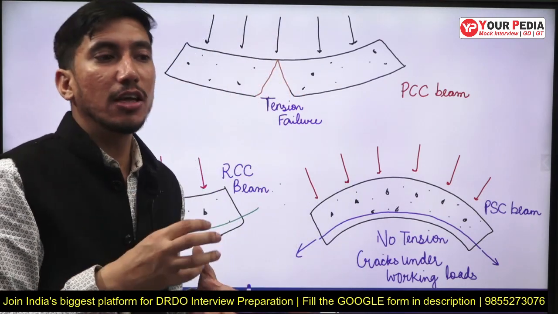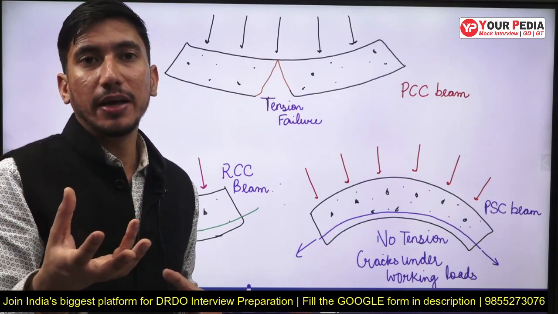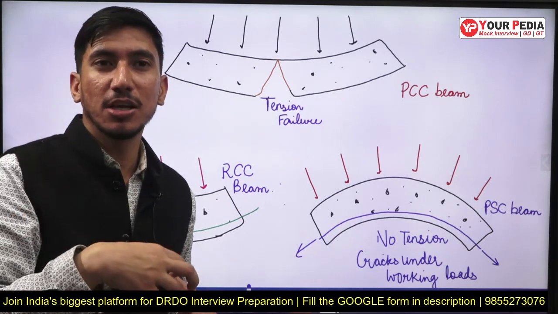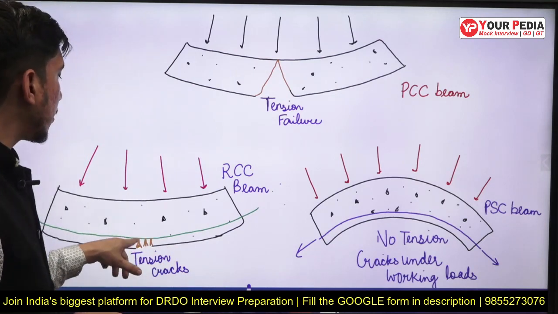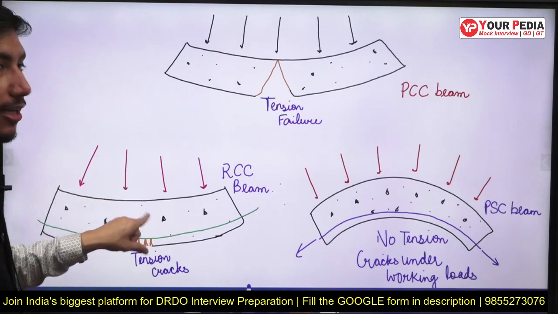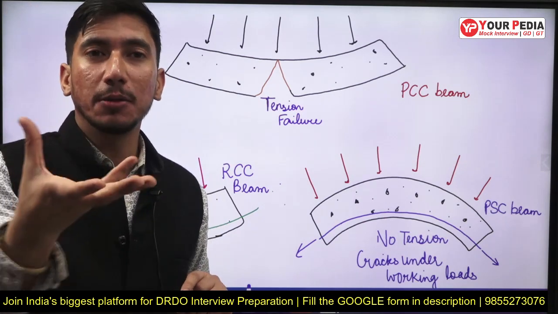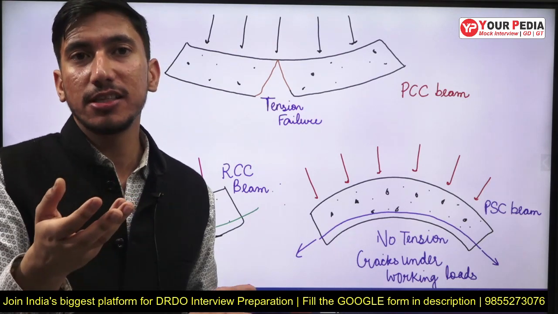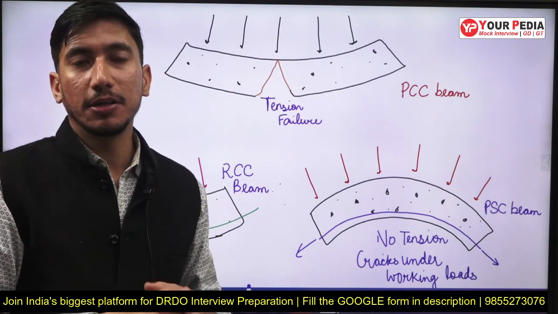But what happens when the load is dynamic in nature, especially in case of bridges, where the vehicles are coming one after another, sometimes the load is heavy, sometimes light, there is no definite static loading. In that case, sometimes these cracks also develop further. These can go beyond this steel reinforcement, and when they do, they get widened at the base, and now it is easier for environmental or atmospheric agencies to attack the concrete and reduce its durability.